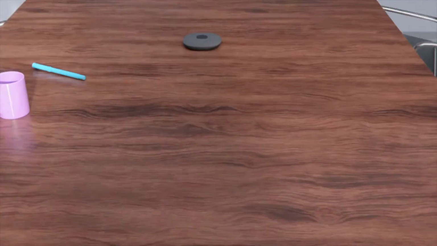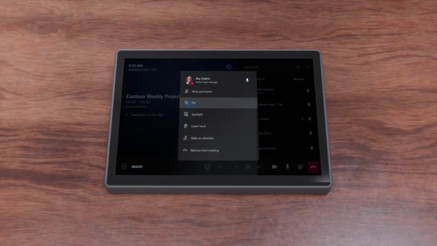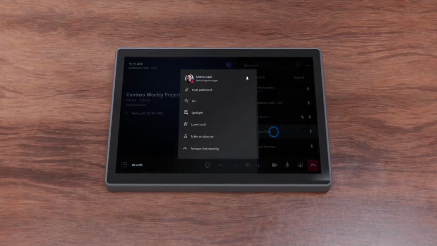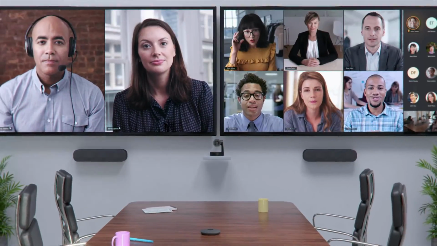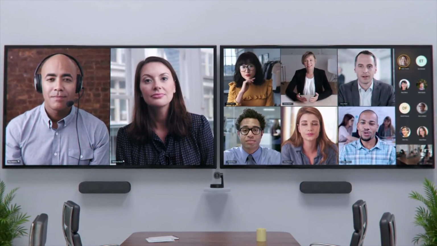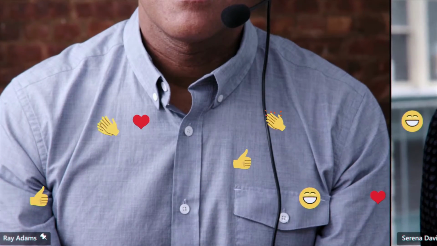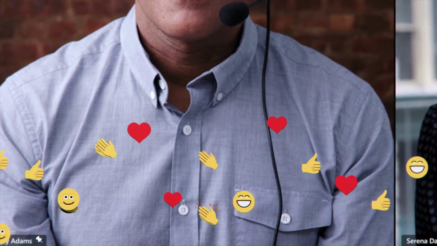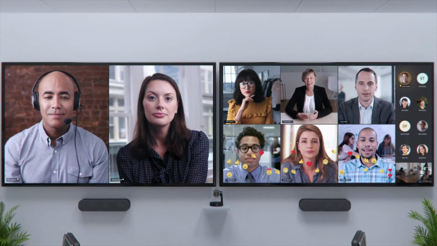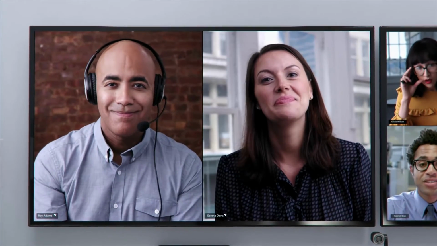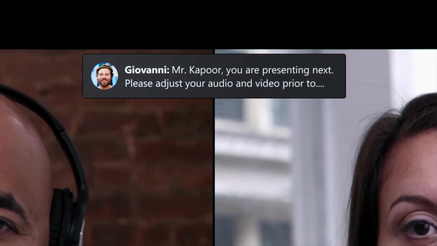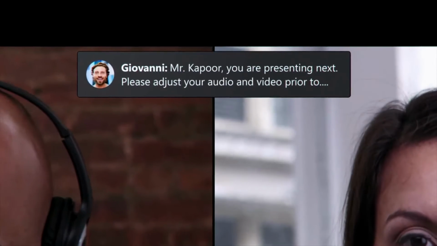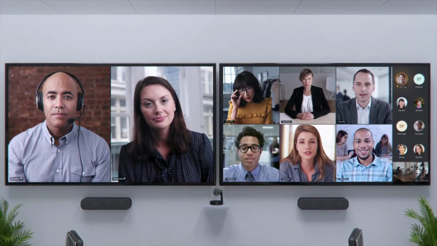We're also bringing popular features from the personal meeting experience into Teams rooms, including the ability to pin or spotlight video streams of specific remote attendees, and live reactions, so people in the meeting room can easily view and react to nonverbal sentiments shared by remote participants. And when using the classic video grid layout, chat bubbles alert in-room participants to conversation happening alongside the meeting, so nothing gets missed and all voices are heard.